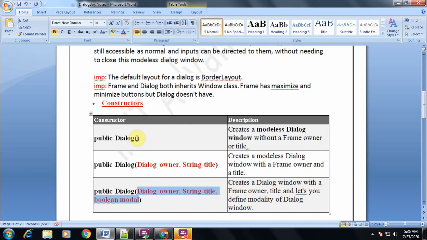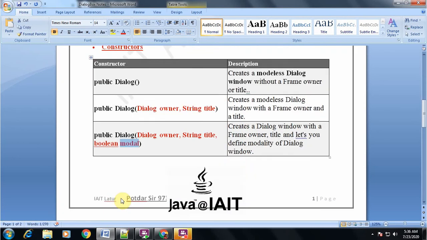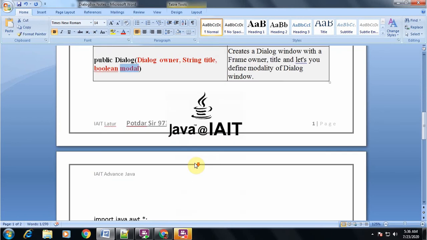By default, a modeless dialog box will be created, but if you want a modal dialog box, then this option should be true. Is the point clear? Dialog owner, string title, boolean modal.